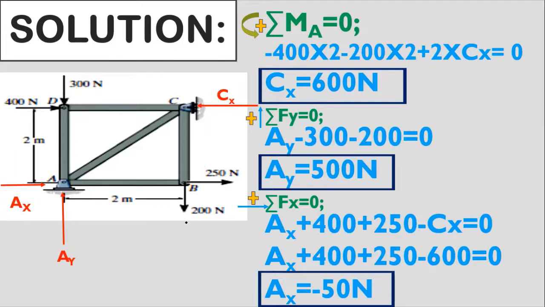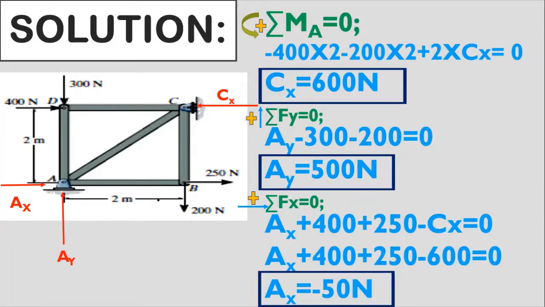Now we are moving towards the next slide, and we are going to compute member forces at different joints. And which joint should I take first? I have a choice. I can take joint B, because it has only horizontal and vertical forces, and joint D also has horizontal and vertical forces, but joint C and joint A have inclined forces, so I would have to calculate the angle first. So I will calculate joint B and joint D first, which will reduce the calculation time.